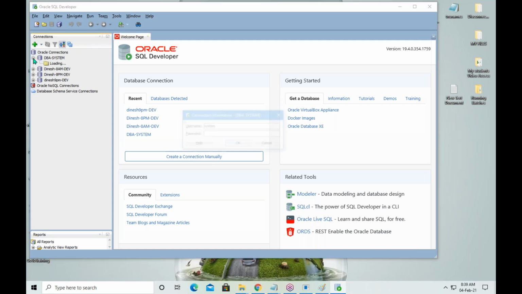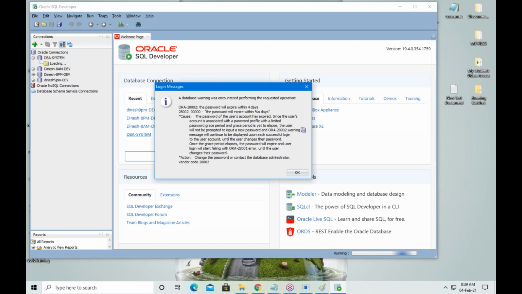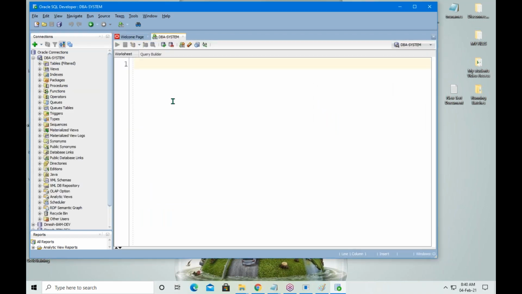Expand it. Then it is asking for the password. Submit the password and hit the enter key. No problem.